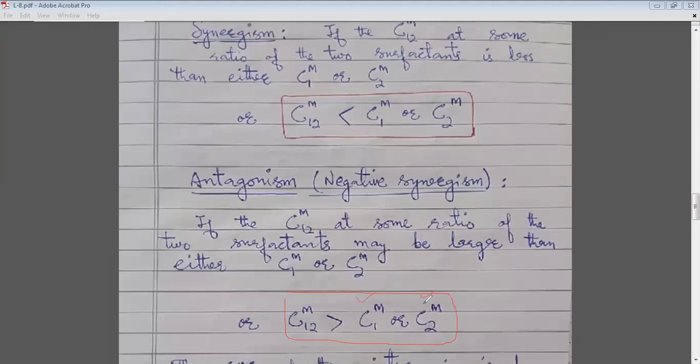Then in these cases we say that there are antagonistic types of interactions. That means there will actually be repulsions between the surfactants, some type of repulsions. That means the mixed micelle will not be formed readily. Okay, so